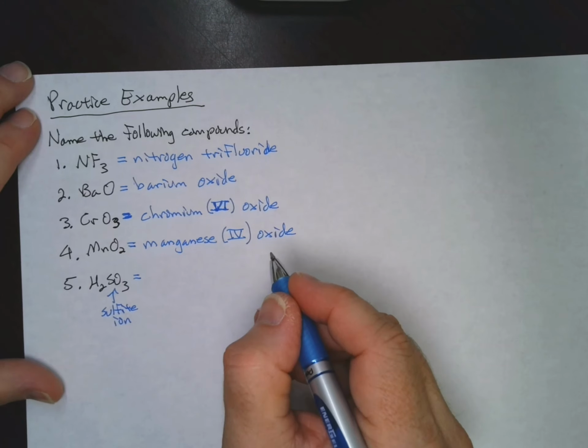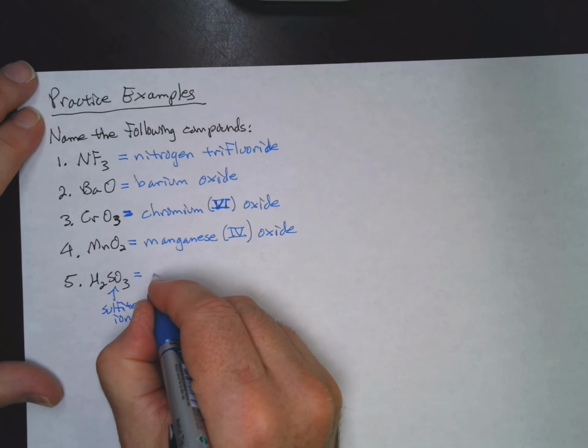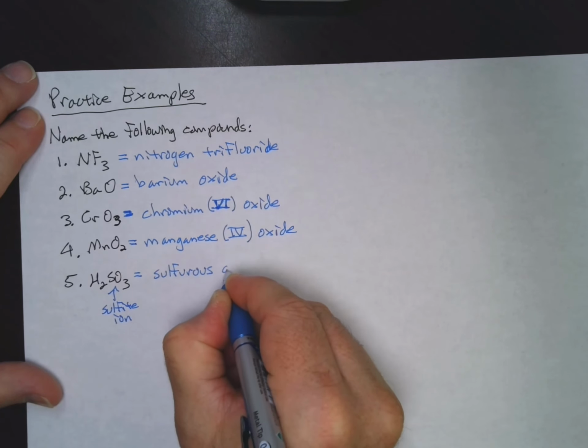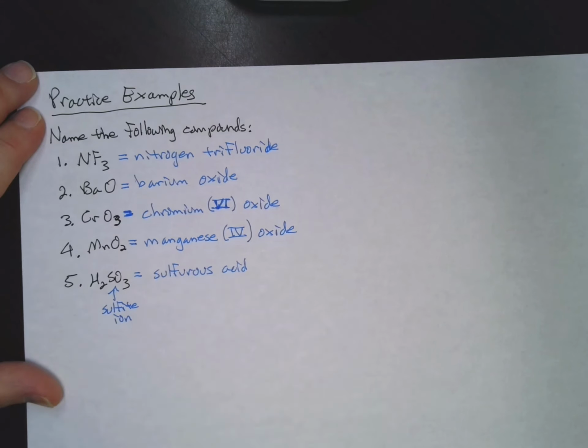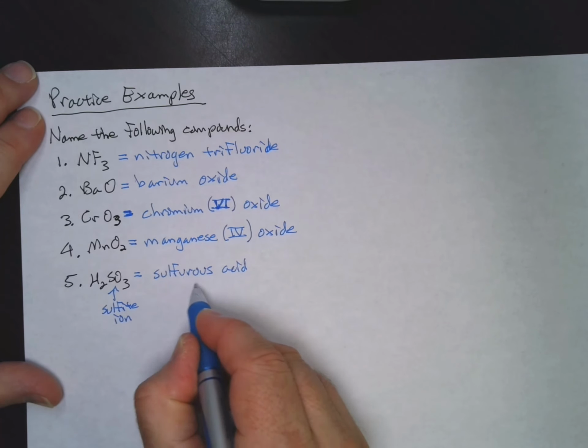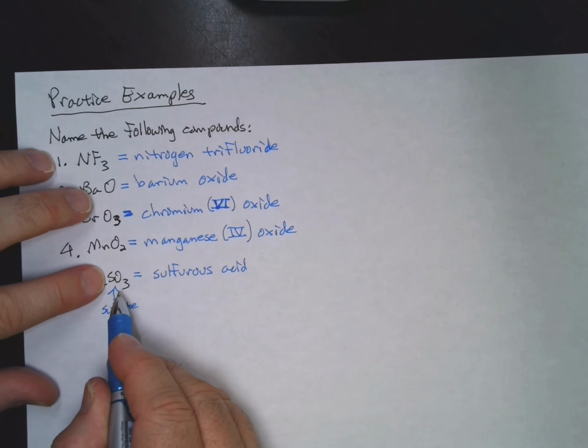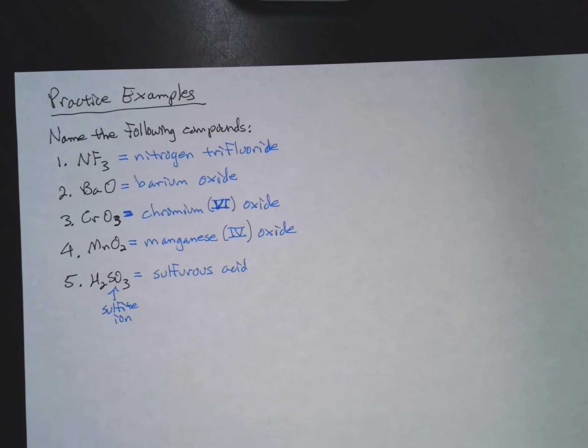So the sulfite ion came from the sulfurous acid. Sulfurous acid, after it loses its protons, becomes the sulfite ion. Okay, so that wasn't too bad, I think. Now let's look at